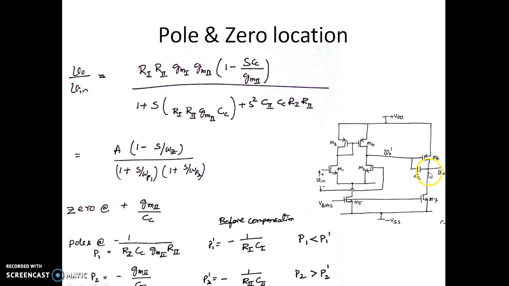Similarly, the P2, which was due to 1 over R2 C2, now you can see C2 still remains the same. So instead of R2 it is 1 over Gm2, because we are providing the negative feedback, which is going to reduce the resistance of the output stage. Now this way the poles which were earlier at P1 dash and P2 dash will be moved to P1 and